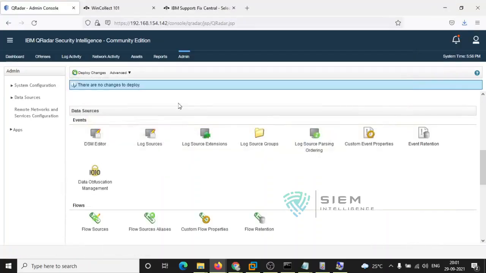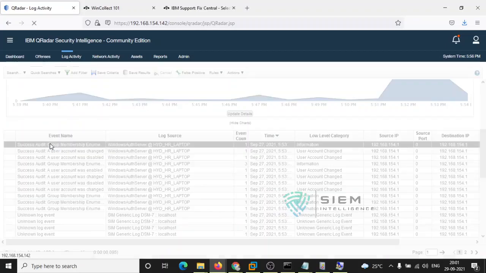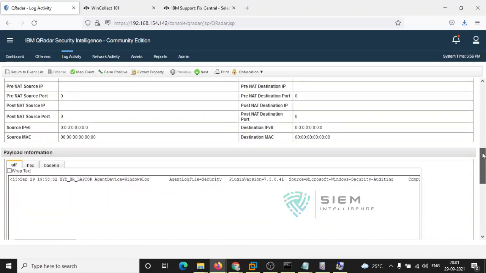So if you go and see in the events on a log activity, if you double click over here, see in the bottom itself it is giving, see this is the start of the message, and I said the time is now, followed by this HYD HR laptop. This is what is called log source identifier.